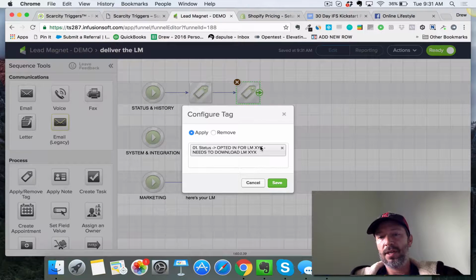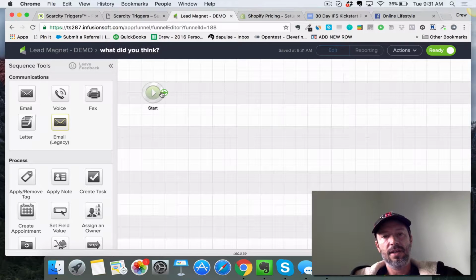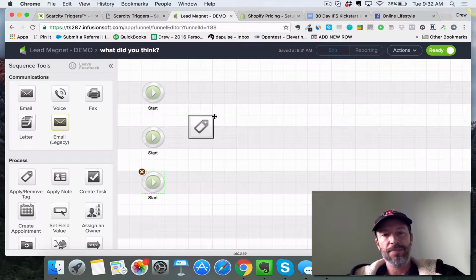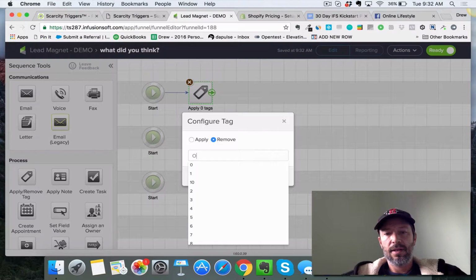And we know they opted in, but we know they've not yet downloaded it, right? Because the download is here. Once they've downloaded it, it would come over here. And so again, this would look the same way. I'm going to spare you the details of writing it all out again. But here, we would say, hey, they already